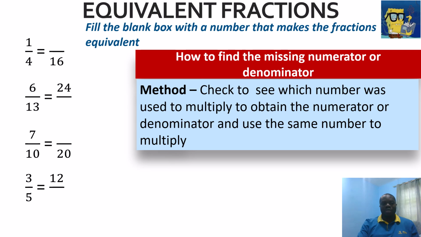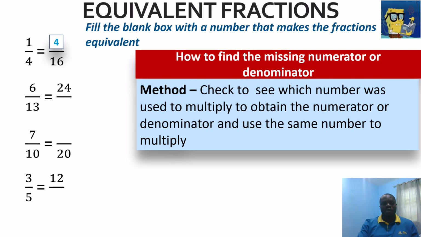Now, how do we do this? We need to check for divisibility. So usually one of the denominators is a multiple of the other. So we see that 4 times 4 is 16. So that means the denominator of the first fraction, 1 over 4, was multiplied by 4. So we just need to do the same thing to the top, and our answer will be 1 times 4,